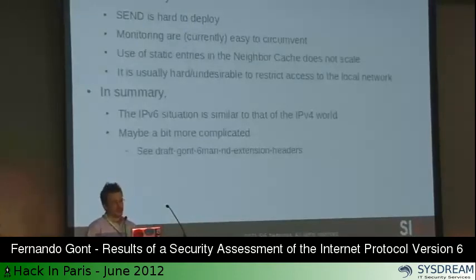And obviously, restricting access to a network is something that you cannot always do, and in many cases you don't even want to do that, because in many, if not all cases, you want a network to be easily accessible by other hosts. So the situation is not that different between V6 and V4, and actually it's a little bit more complicated in V6. The reason for that being that the traffic is much more complex in the case of V6 than in the case of V4. In this slide, you also have the file name of another internet draft that we published. Essentially, this draft tries to address some of these issues.